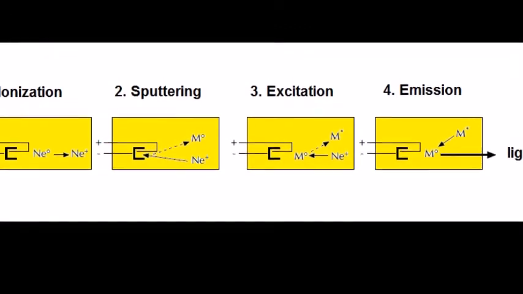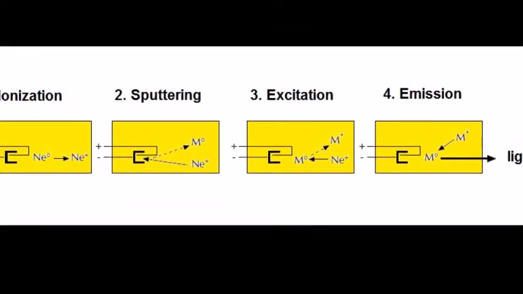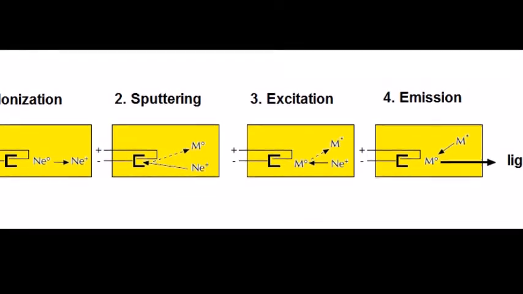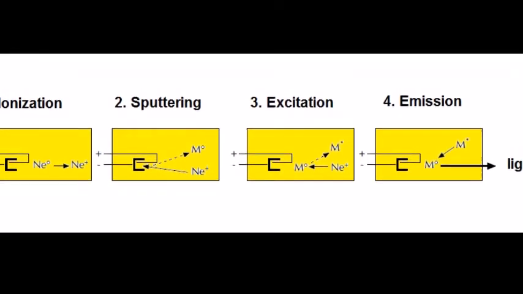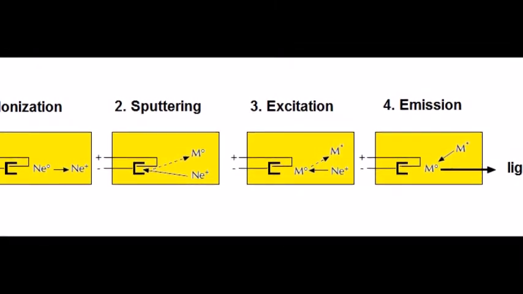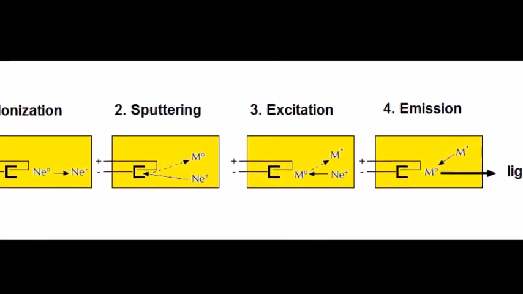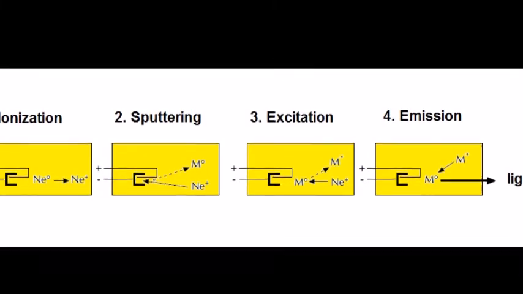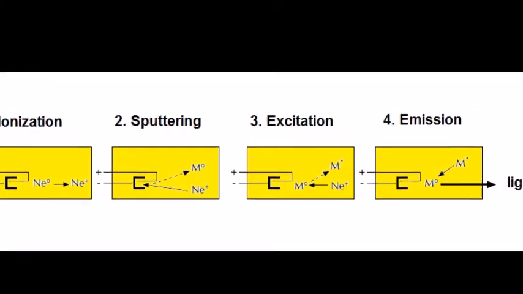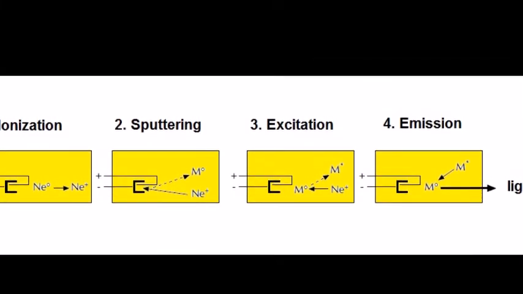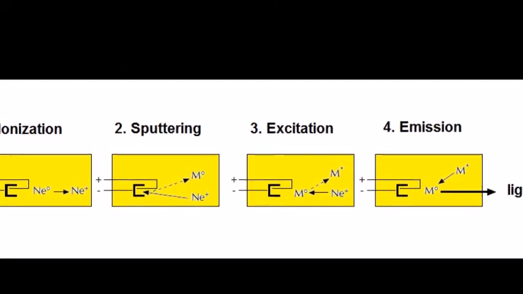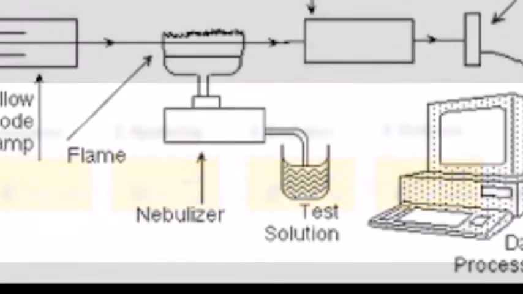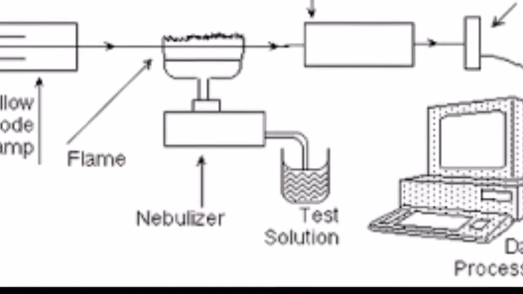And in the third stage, the excitation stage, the sputtered light source is excited and allowed to go to a higher energy level and come back to the normal level. During this process, there is a release of light, which is used to meet the ionized substance in the excitation chamber. So this is all about the light source part. And coming to the next segment,